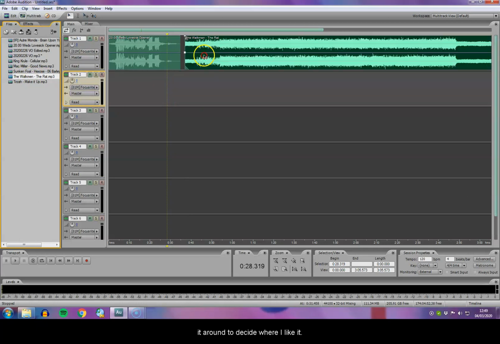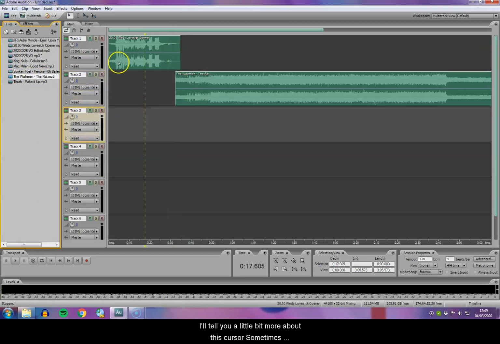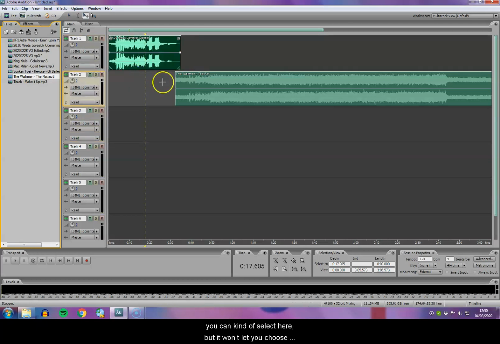Now, you'll see what I'm doing here. I'm actually just moving it around to decide where I like it. I'll tell you a little bit more about this cursor. Sometimes it's stuck on this. This is, and you'll see it's Move Copy Clip tool. And if you're ever wondering what something is in Adobe Audition, you can just hover over it and it'll tell you. All that really does is just moves the clip around, and you can kind of select here, kind of select that way,